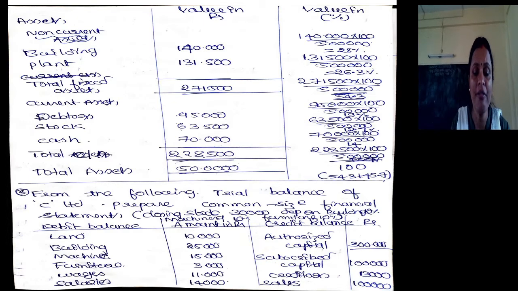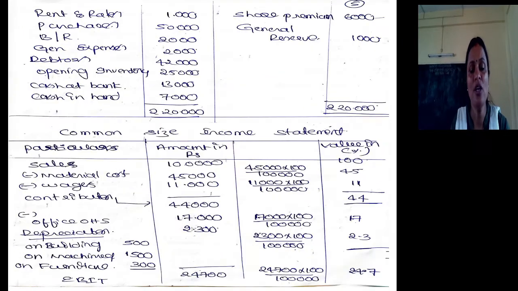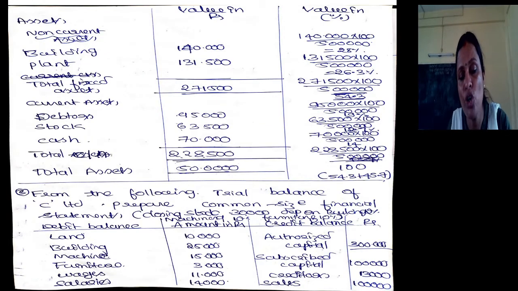So where we have information of all assets, liabilities, expenses and income under the heads debit balance and credit balance. Try to understand. So we have a trial balance. Trial balance total is 2,20,000. We need to separate balance sheet items from income statement items, or profit and loss account items, because they asked, we need to prepare a common size financial statement based on the following data.